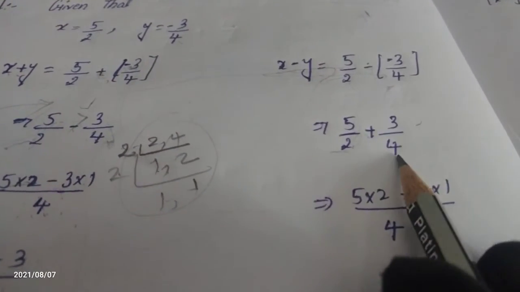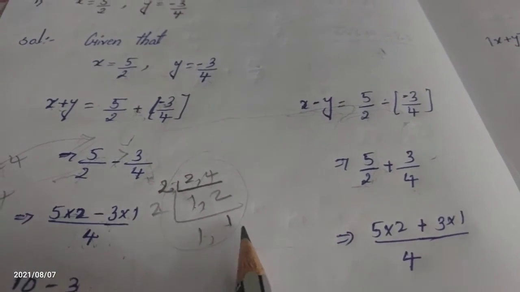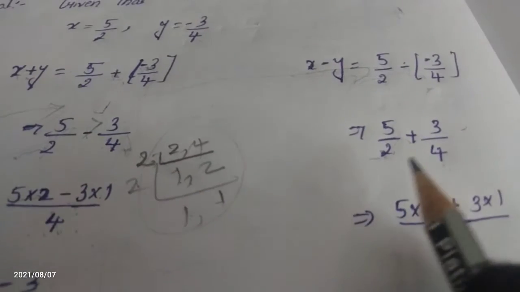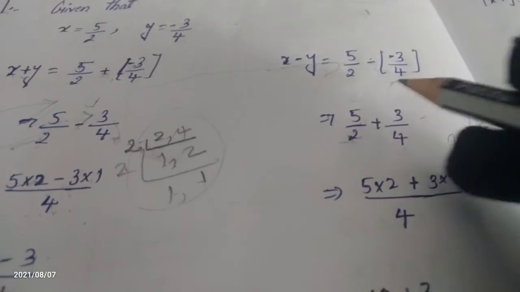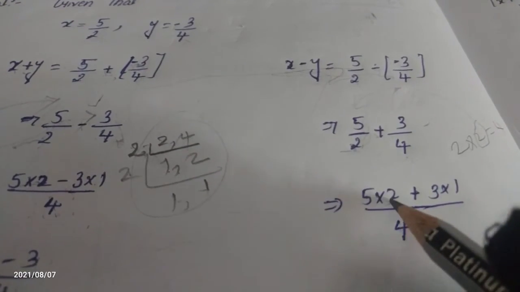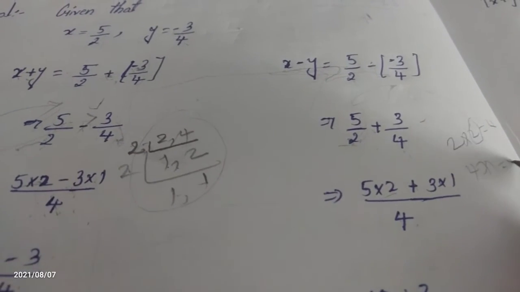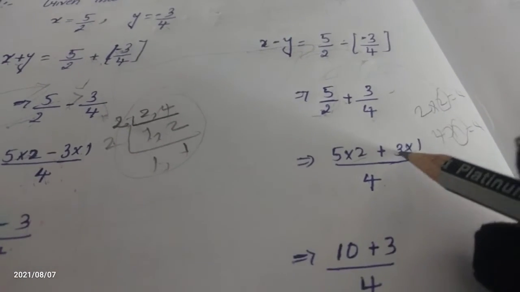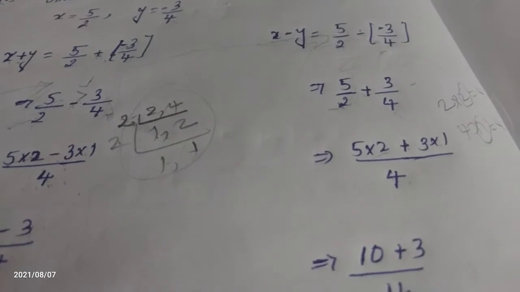What is the LCM of 2 and 4? We are doing it here now. What do we get? 2 twos are 4, 4 ones are 4. The LCM of these two numbers is 4. Okay ma'am? In 2's table, when we get 4, 2 twos are 4, means when we get 2, we have to multiply the numerator with 2. 5 twos are, okay, 5 into 2. Plus is as it is, ma'am. 4 into 4, means when we get 4 in 4's table, 4 ones are 4, this 1 we have to multiply with the numerator, means 3 ones are, okay, 3 into 1. Whatever number we get, we have to multiply with the numerators. Okay, up to that clear? Okay, 5 twos are 10.